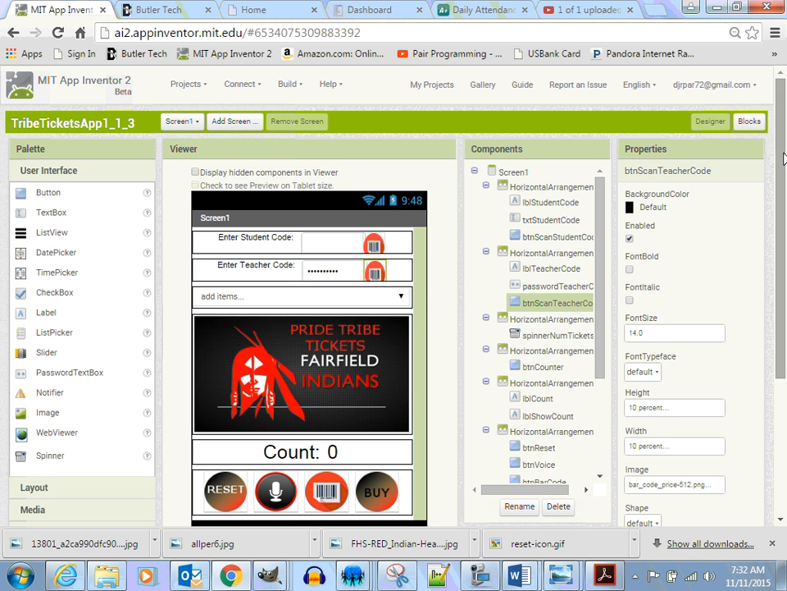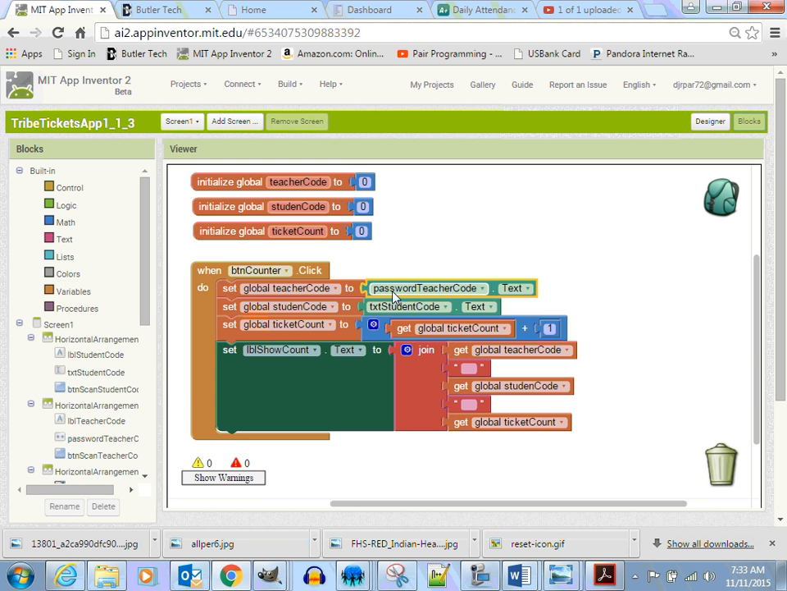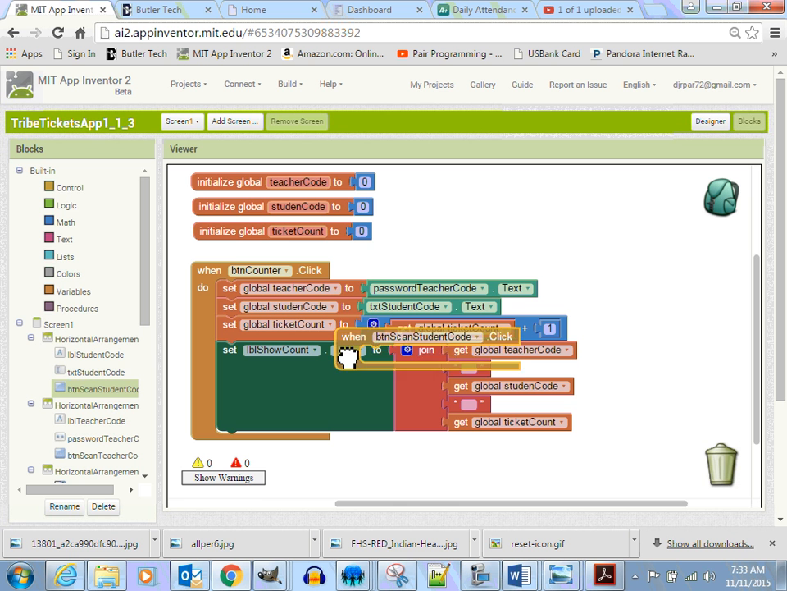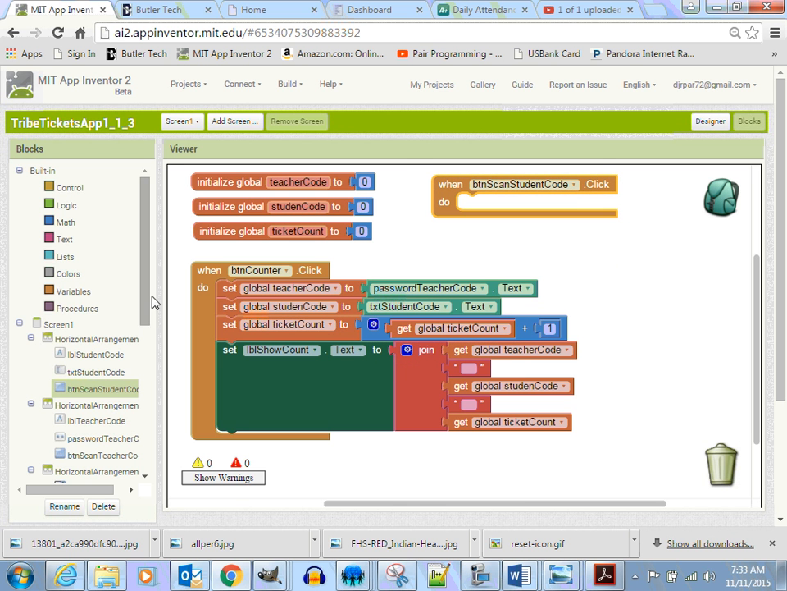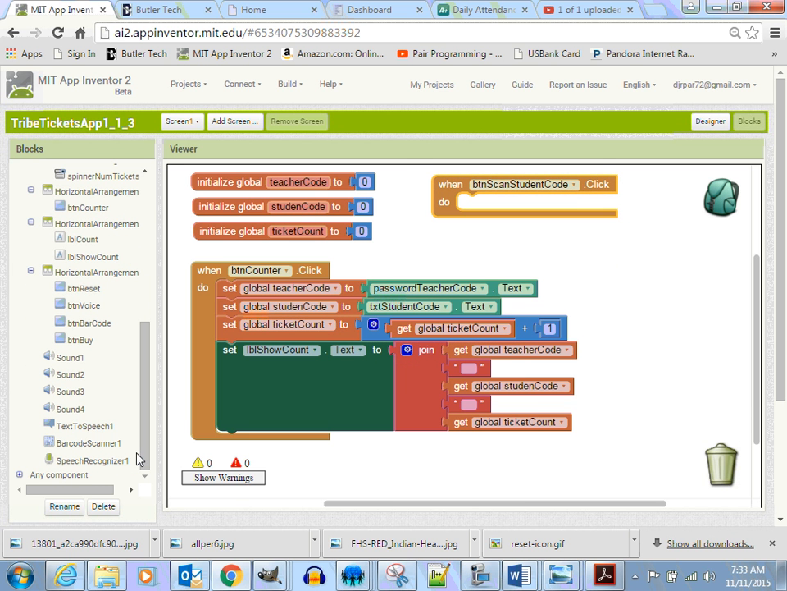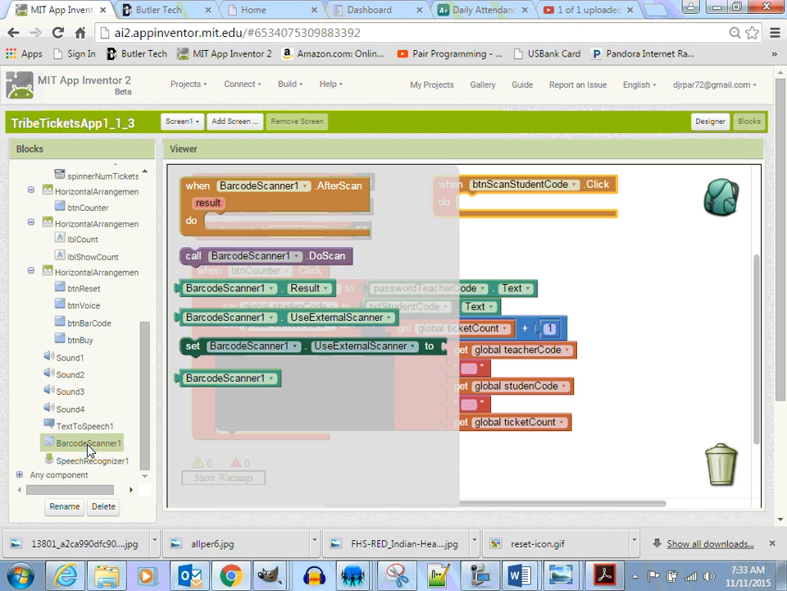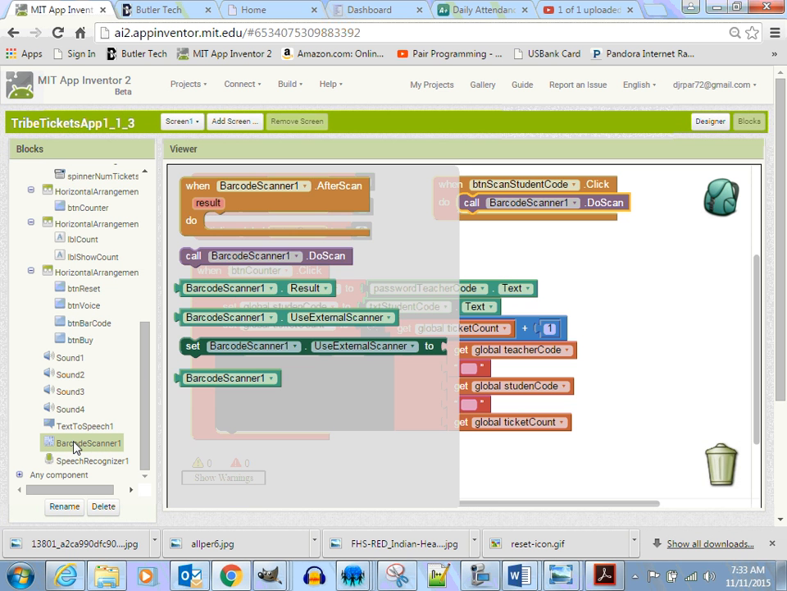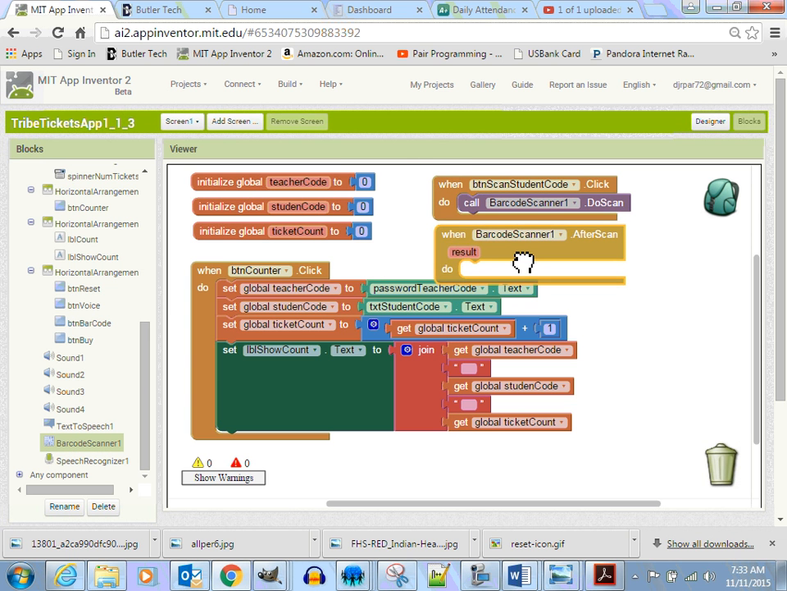Okay, so let's go get these two buttons to work, because we're working on these two text boxes here, and now I can make these work. Okay, so let's go and work on BTN scan. When I click on this BTN scan, I want to call my barcode reader. Where is it? There it is, barcode scanner 1. I'm going to call it to do a scan. Okay, and then I want, after I'm done scanning,